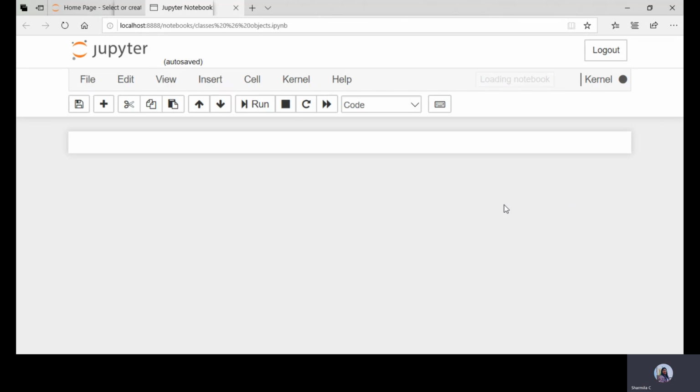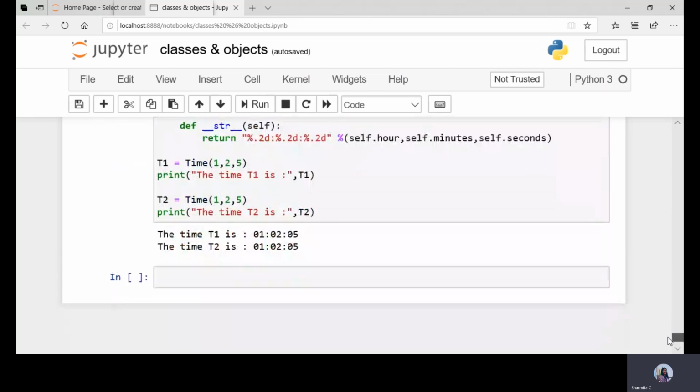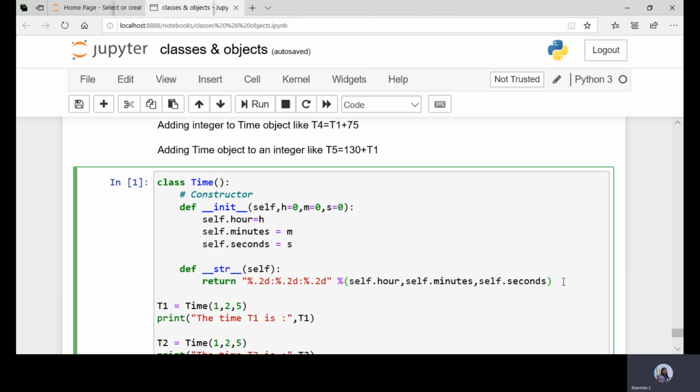So we'll once again develop a program where we'll define two methods. Those two methods are going to convert the time, that is in the format of hours, minutes and seconds, to seconds, and once again from seconds to minutes. So we need to define two functions. And before this, we need to define one more function by the name add.